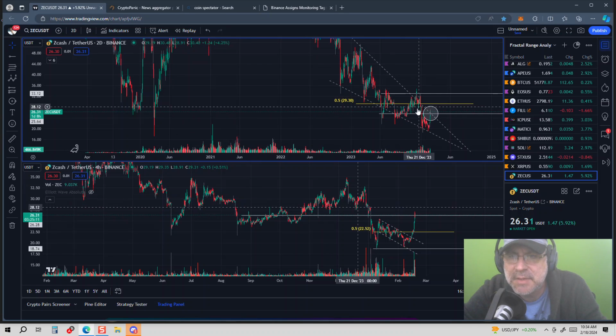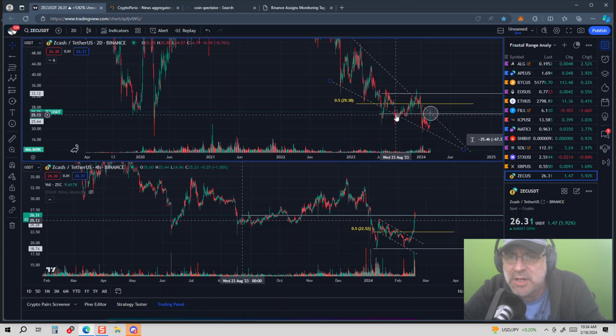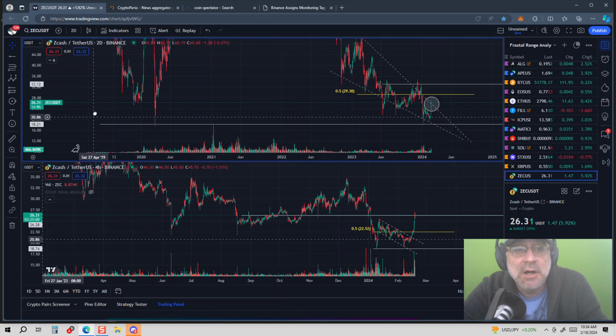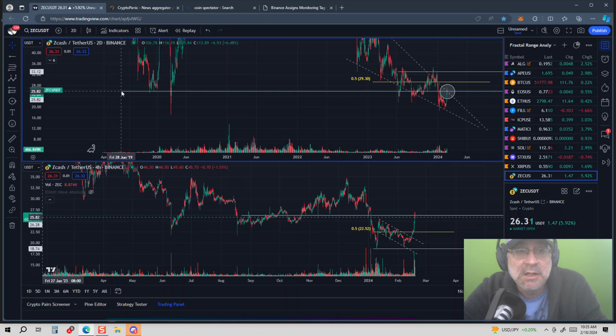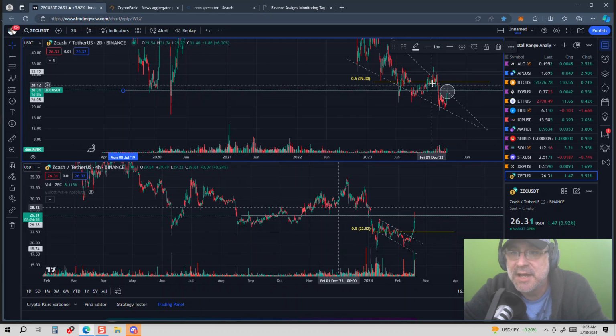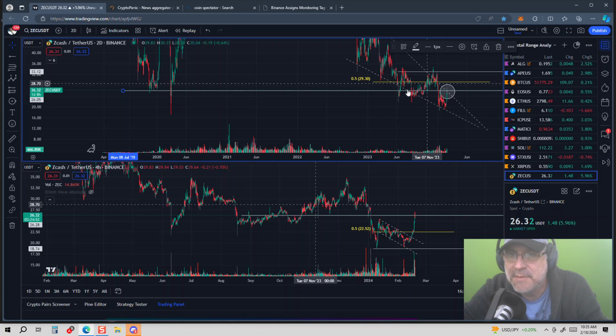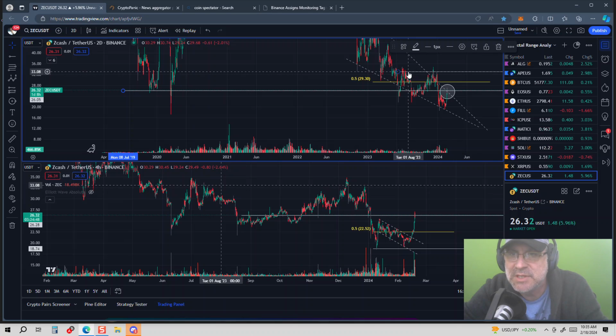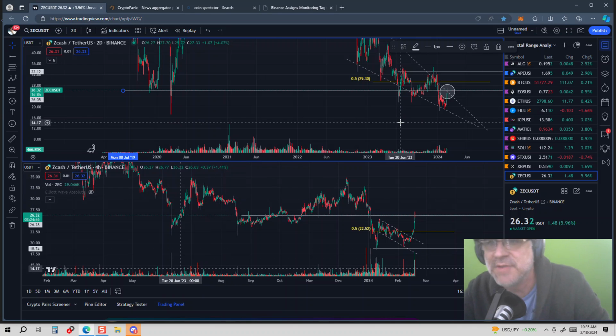We've come back up and we've taken this support line, which would be trading range support, or TRS, if you follow my technical analysis jargon. So this would be the macro trading range support line. This would be the 0.5 Fibonacci at $29, and then the resistance would be up at $33. So that's on the macro.